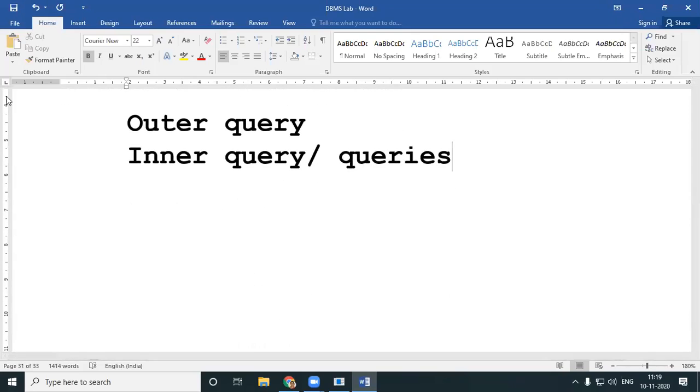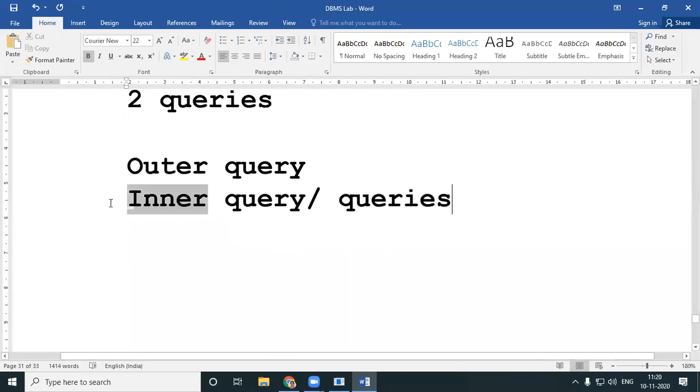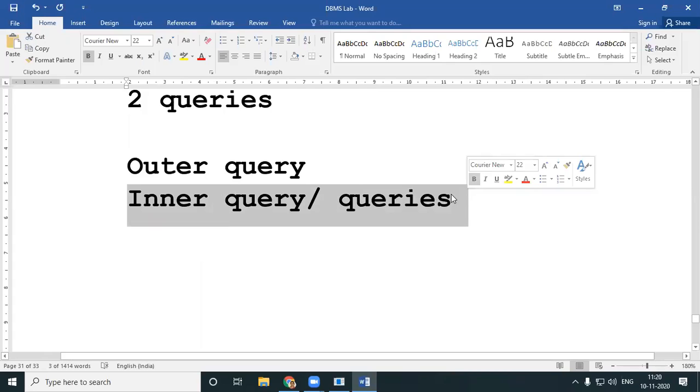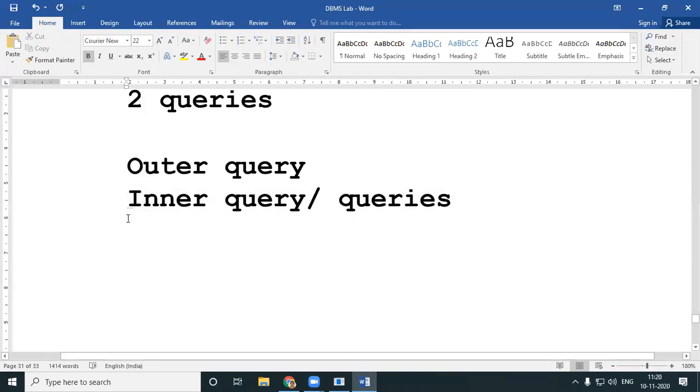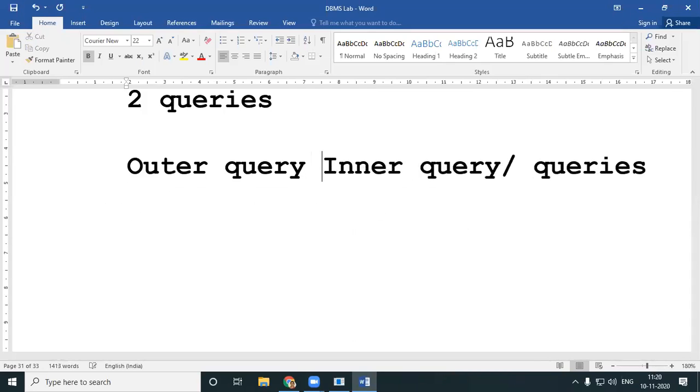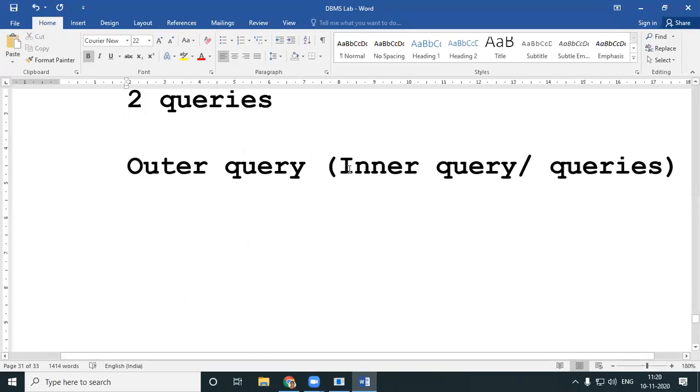So this is how your nested query will look like. You will have one outer query and then might be an inner query or more than one inner query, and this is how it will look like. Your outer query together with your inner query.